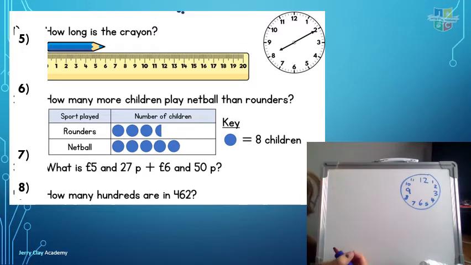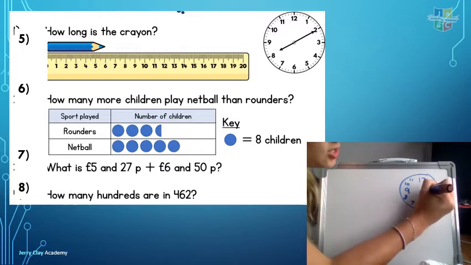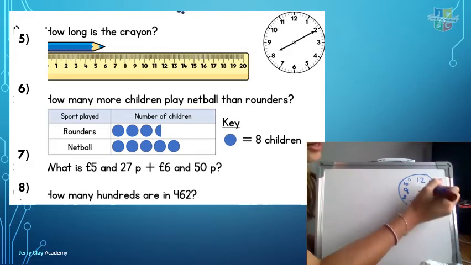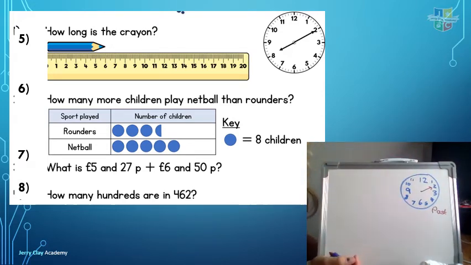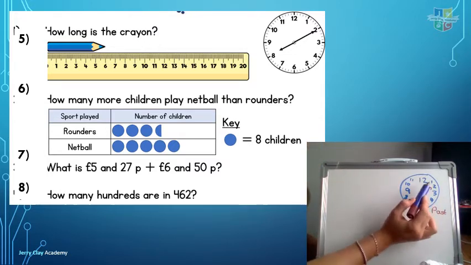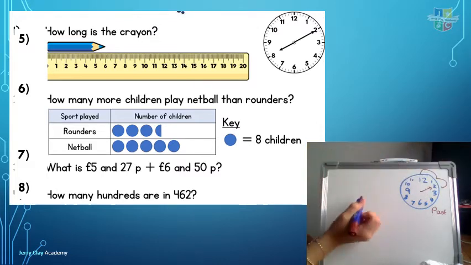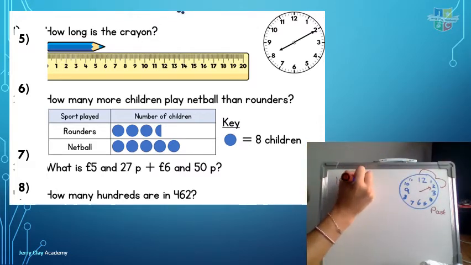So I need to look at my minute hand first. I know my minute hand is pointing to the 2, and I know that this side of the clock is on the past side, because remember it's split in half is my clock. I then want to count how many minutes past it is. Well, if I know there's 5 minutes between each number, I can count up in 5s, 5, 10. So I know that it is 10 minutes